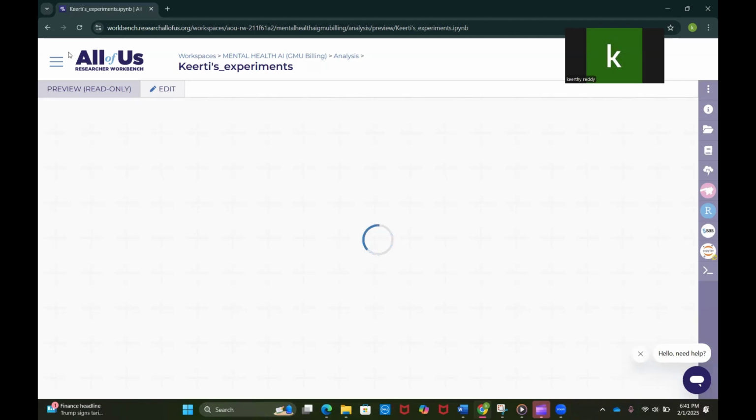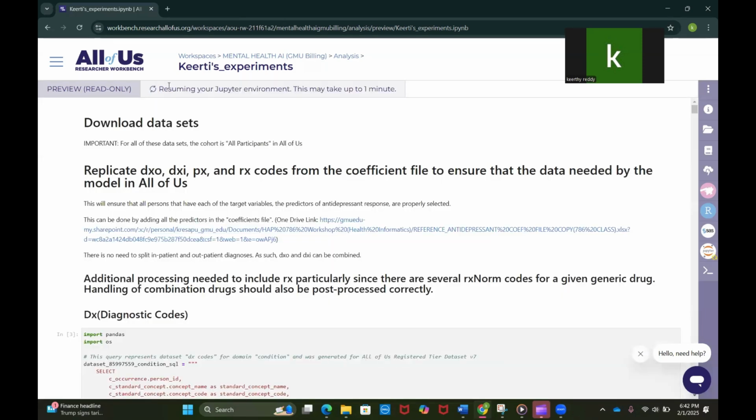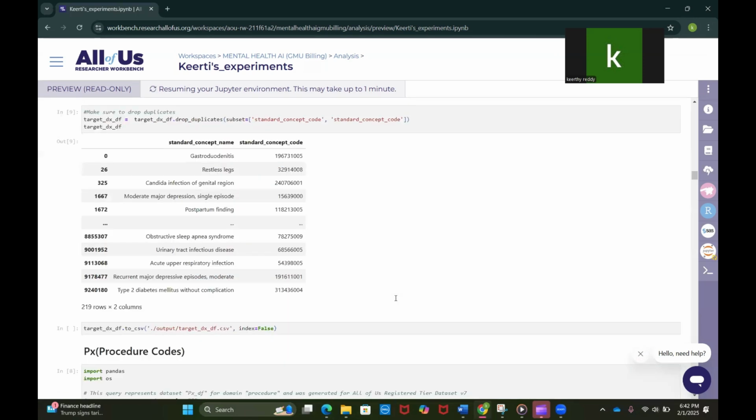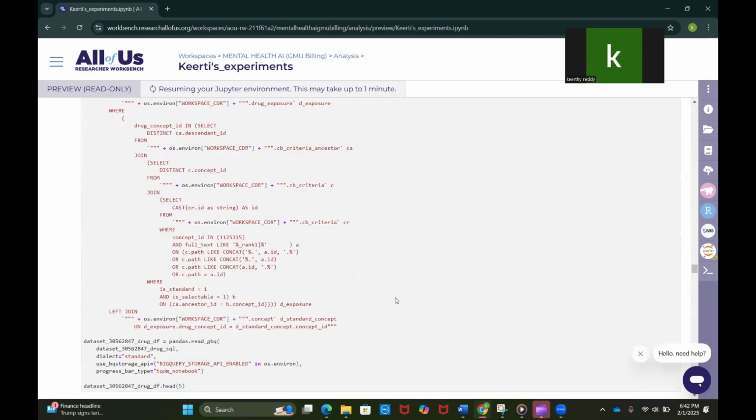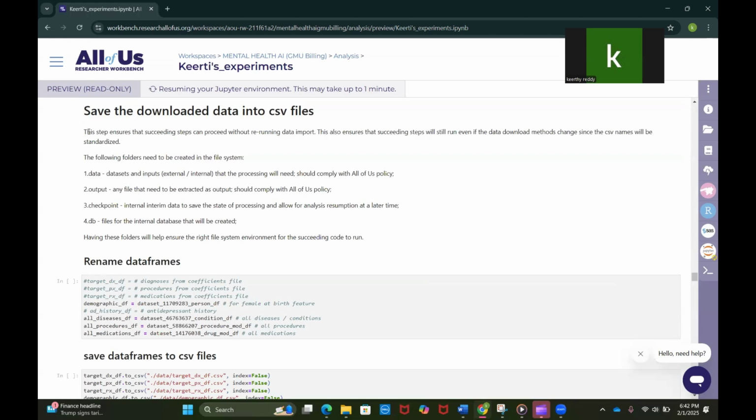So that's the thing. And the second most important thing I want to remind you of is to create a few folders in All of Us. I'll show you now how to create them, which is very important for us. We need to make sure that these four folders are created in All of Us. First is the data folder. The data is very important because the data sets and all the input files and output files that we process